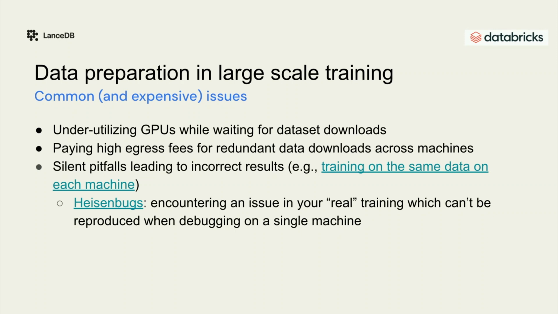Another one is the high egress fees. If you don't really pay attention to how you distribute your data across nodes and GPUs, you end up downloading tons of duplicated data across all the nodes, and that will incur 5x or 10x of your egress cost. And the third thing is